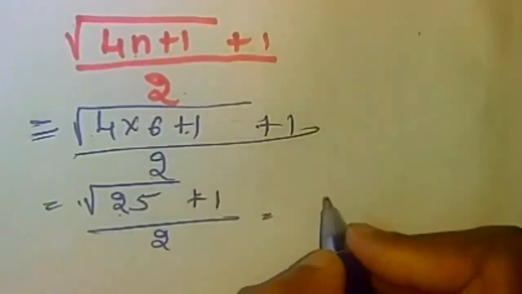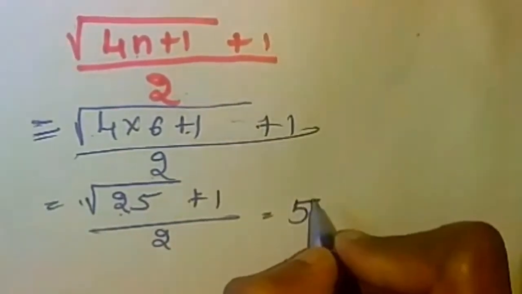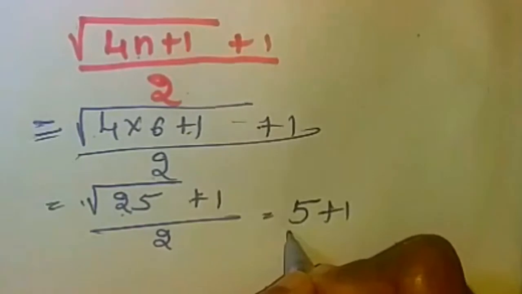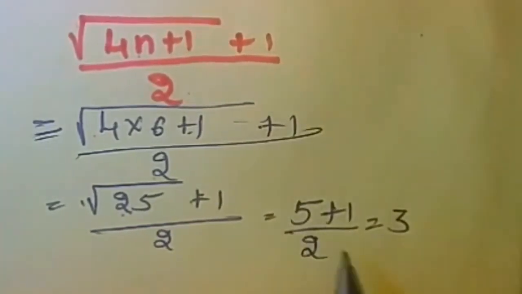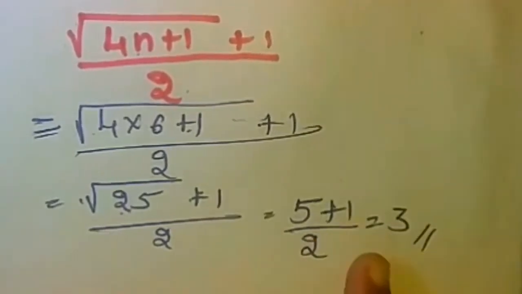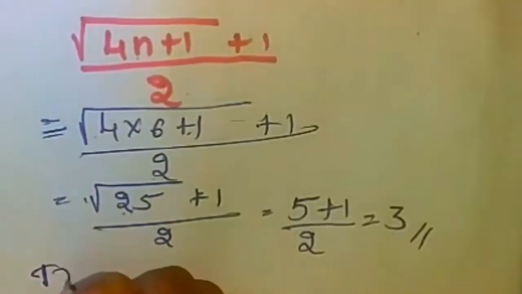It's a square root, na. So we'll get 5. So 5 plus 1, 6. 6 by 2 is equal to 3. Okay, so 3 is your answer. And now the trick is